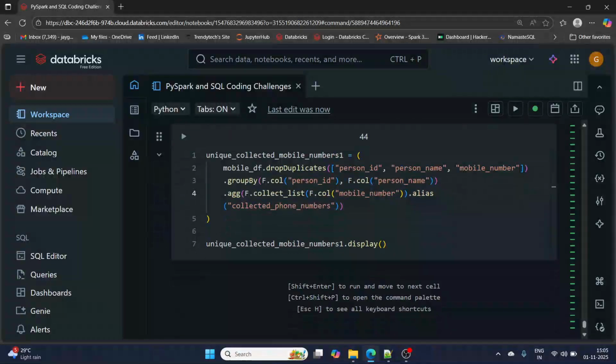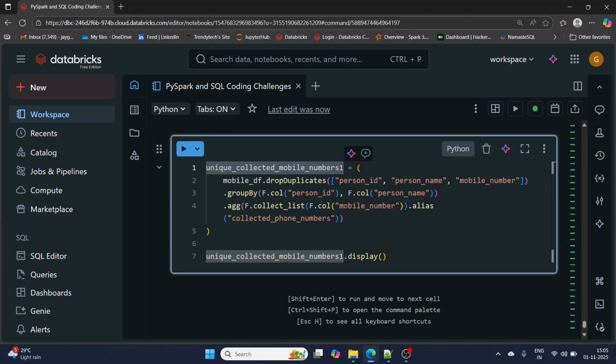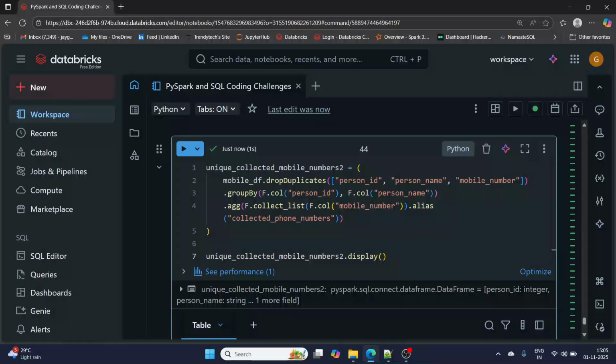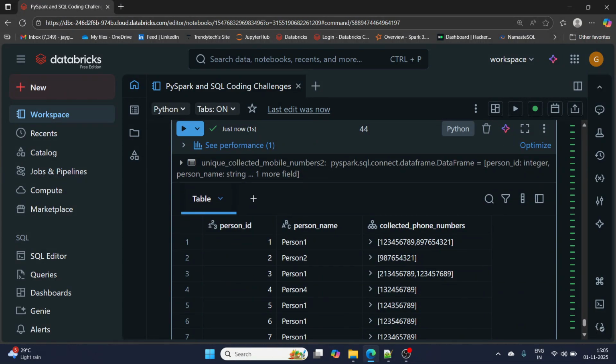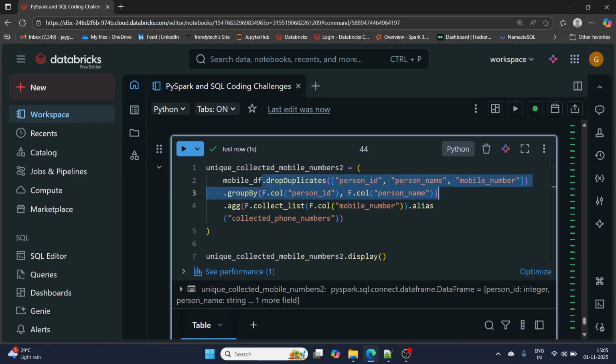Right, so what we have done, we have skipped the select transformation, we have kept one transformation and skipped one transformation in between. I'll just name this data frame as 2 2, right? Let me run this. It is going to give us the same results. It is going to drop the duplicates first and then it will be doing group by. Fine. Now the next way is, we will not need to do this drop duplicates also. How? I'll let you know how.